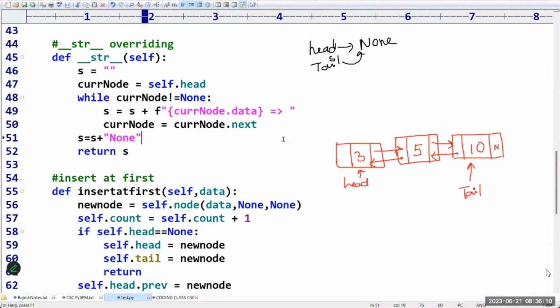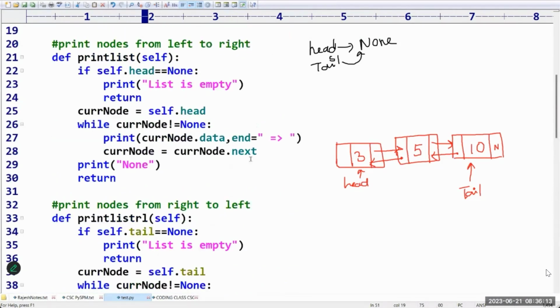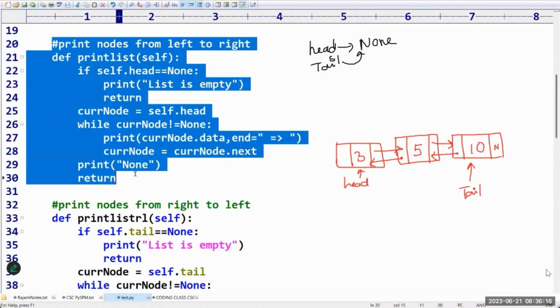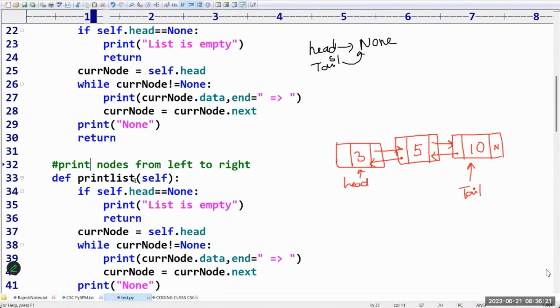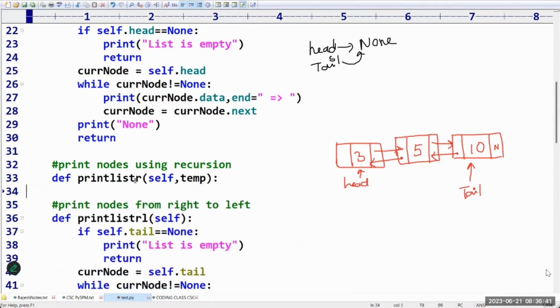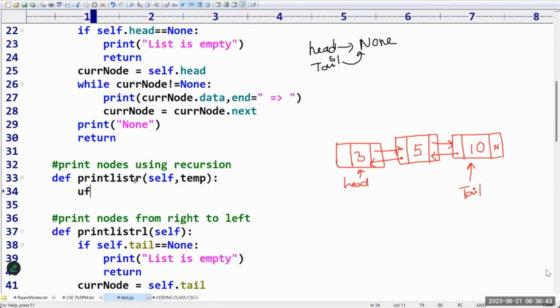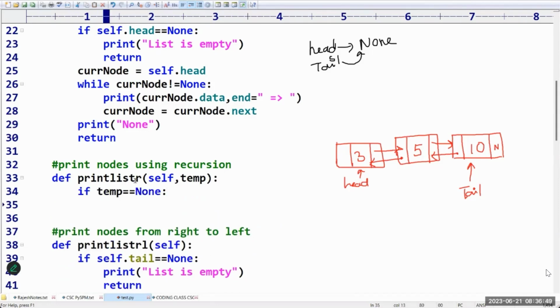Yes, sir. Sir, now can I write this print list function in a recursive manner? Yes, we have an option, right? So print nodes using recursion. I will change the function name to print_list_r. I will pass self and then some node. Let it be temp. Sir, how to print this particular content? First, we are going to check if your temp is equal to None,